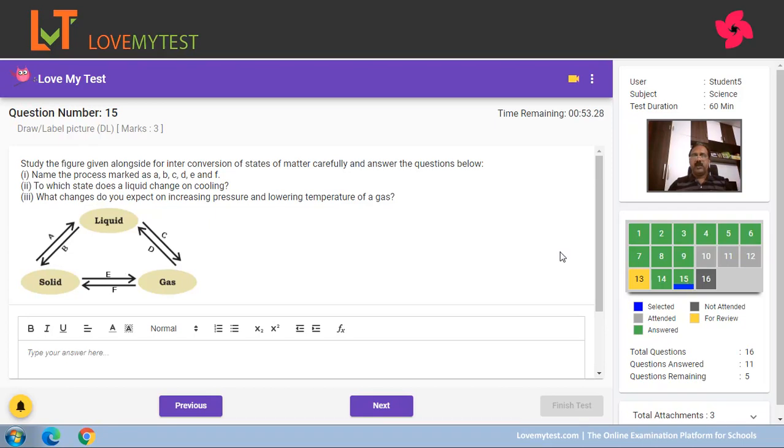You cannot log in from two devices simultaneously. So if you log into another device, then this current test will get terminated automatically and you can continue from the other device. And on the other device also, you will have to again take the photograph and validate your credentials and then start the test. So you should do that only in case your current device has a problem. Otherwise, you should not attempt to take the test from another device.